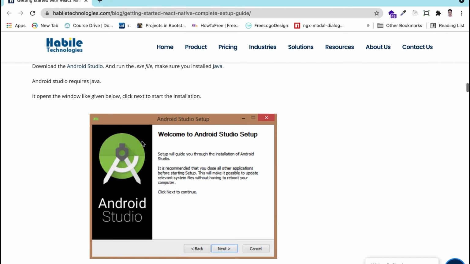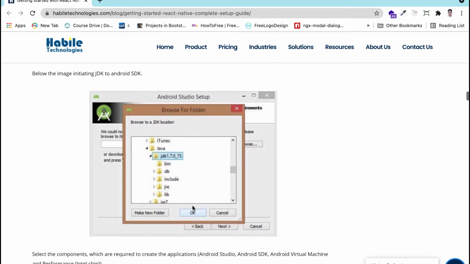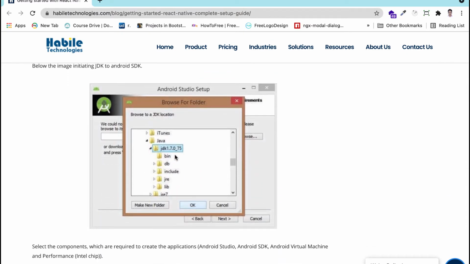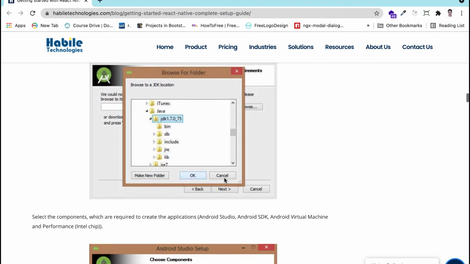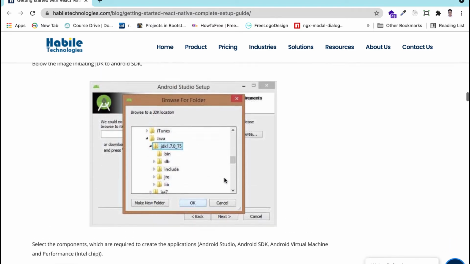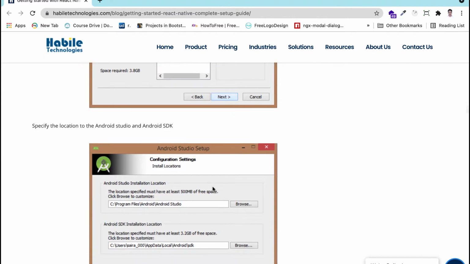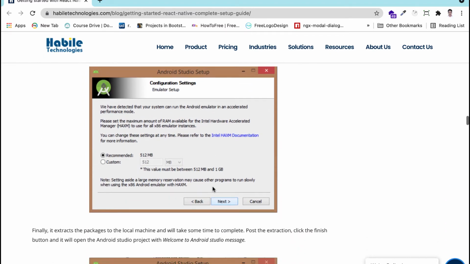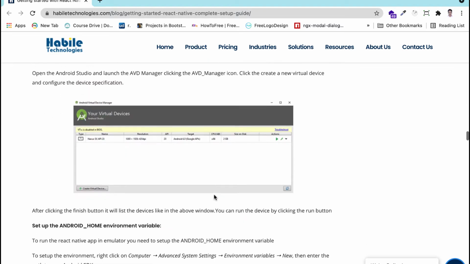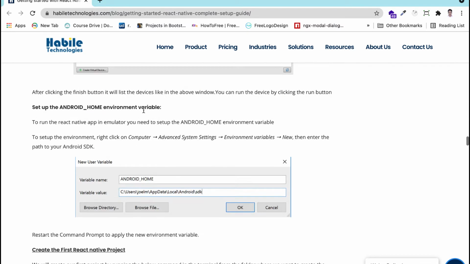Then you have to install Android Studio. Here you have to choose the JDK path during the setup of your Android Studio. Then click next, next, and set up all the things. In your environment variables, go to computer advanced system settings, then environment variables, then enter the Android home path.